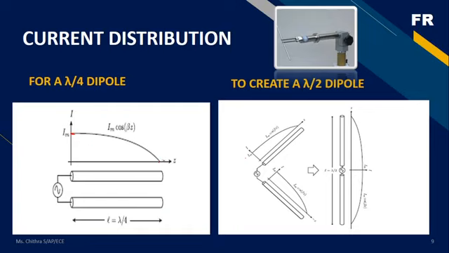So this will be the distribution of current through a lambda by 4 distance conductor. We consider a construction similar to a transmission line where the two conductors are of length lambda by 4. And when we see the current distribution through this particular construction, at the short circuited end, the current will be maximum and it decays to 0 at the open circuited end. And cos beta z is the direction of propagation and beta is your phase shift constant.